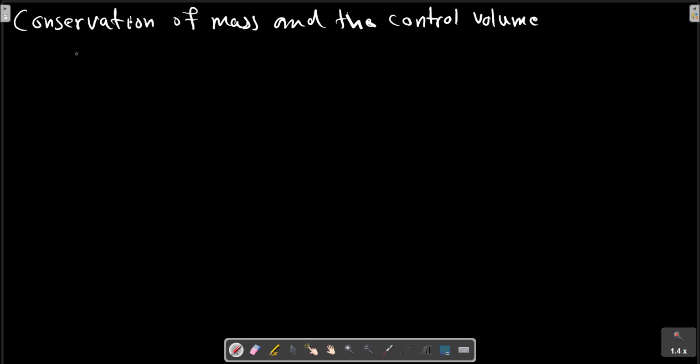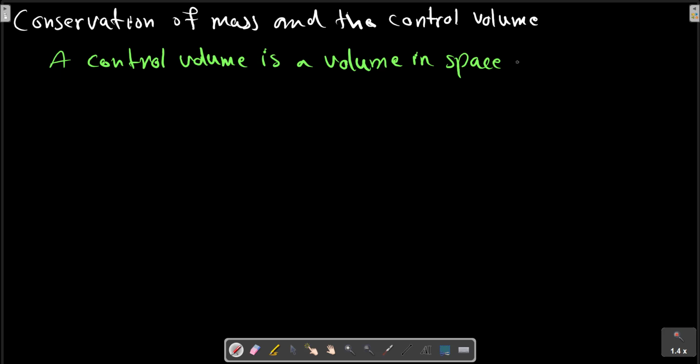A control volume is a volume in a space of interest for a particular study